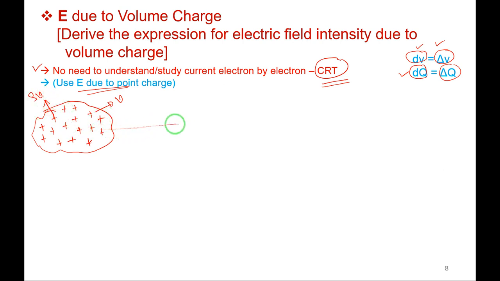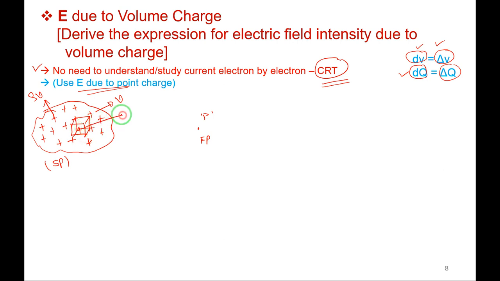This is the source point, because it is positively charged, so it is responsible for generating the field everywhere. Then I will take one more point, the field point. Let me call it point P. This is the field point where we want to find the electric field intensity at point P due to this volume charge. Instead of considering the entire volume, in field theory what we will do is take a smaller volume. I will not take this entire bigger volume. First I will take a smaller volume within this. I am taking a cubical structure. You can take anything.